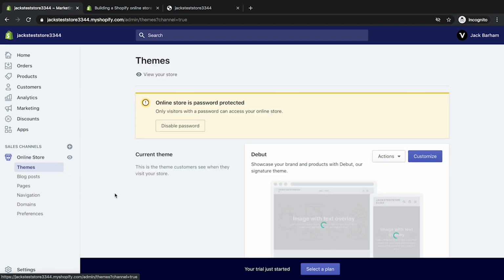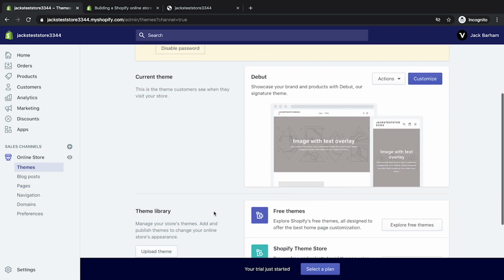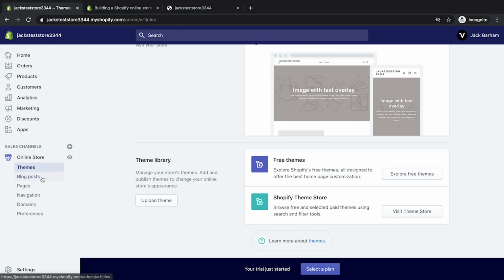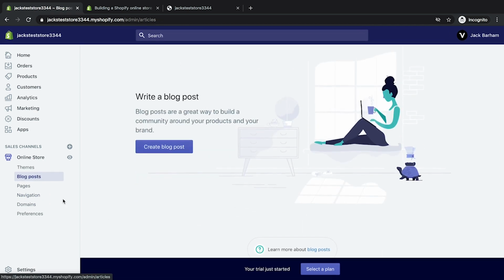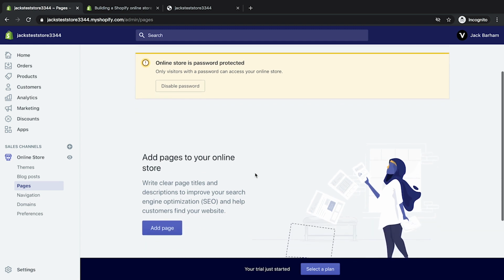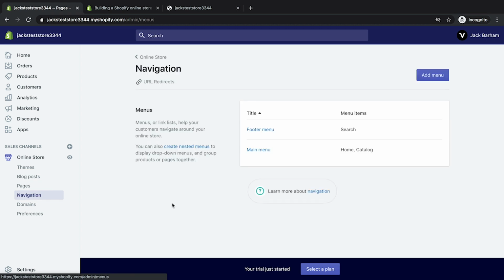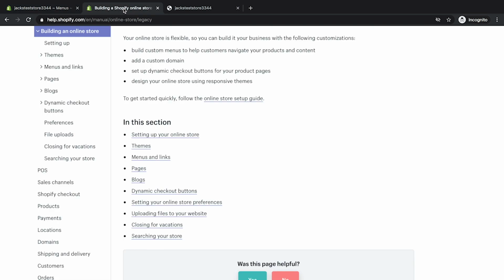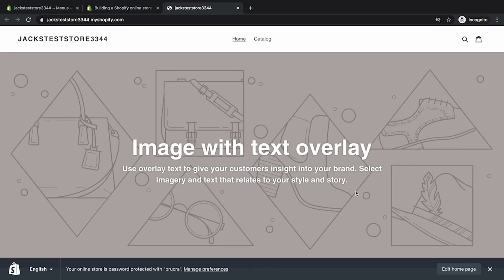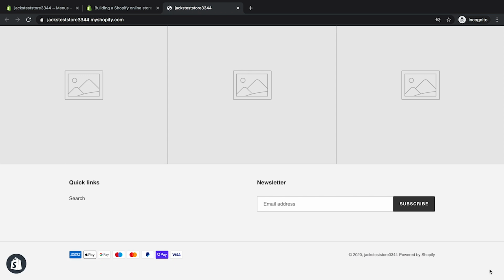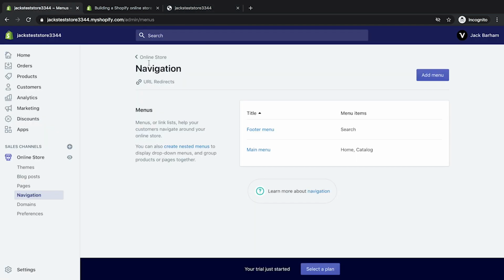Okay, online store. This is the bit to do with your actual store, your website. Themes, this is where you can choose your themes here. Blog posts, this is where you add your blog posts once you've got set up. Pages, this could be about, contact, privacy policy, all these things. These are where you add pages here. Navigation, once you've got your blog and your pages and everything else and your content in, you can choose where they are in the menu. So footer menu, main menu, which you've got here, so that'll be your main menu. And down here, let me just hold this will be your footer menu down here.